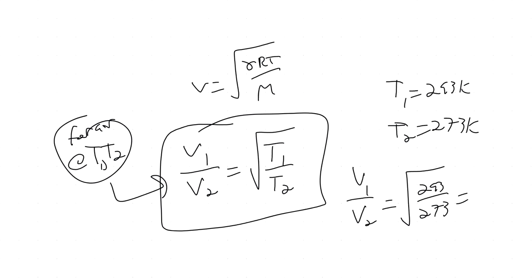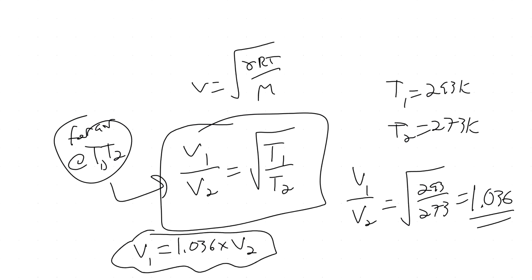293 divided by 273. Don't forget to square root it. Equals 1.036, which just means that the velocity is going to be 1.036 times the velocity at temperature 2. So the velocity here is a little bit bigger than the velocity here. So using ratios as a shortcut,